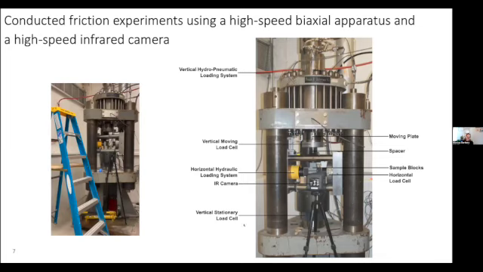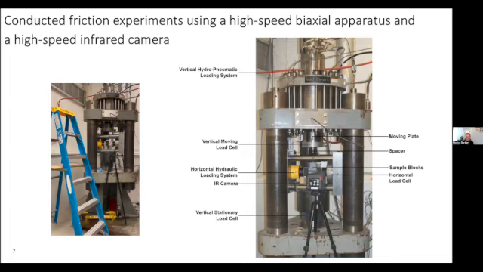So here on the left is a photo of the apparatus. This is a 6-foot ladder for scale. On the right, we have a little bit more of the details of the apparatus. We use a hydropneumatic loading system to drive our piston, which is right down, and move a moving block between two stationary blocks. We'll look more at the sample assembly in the next slide. We also use a horizontal hydraulic loading system to apply